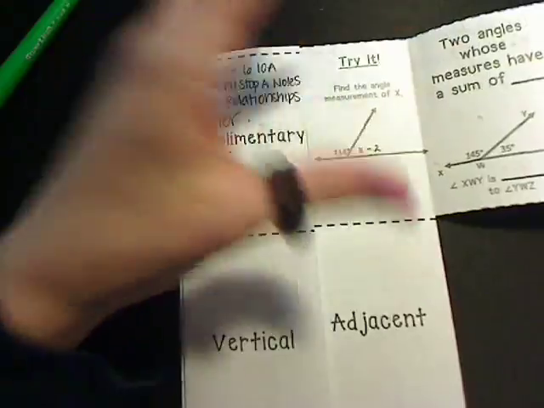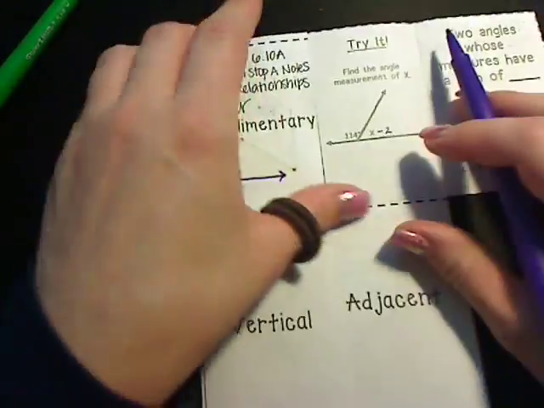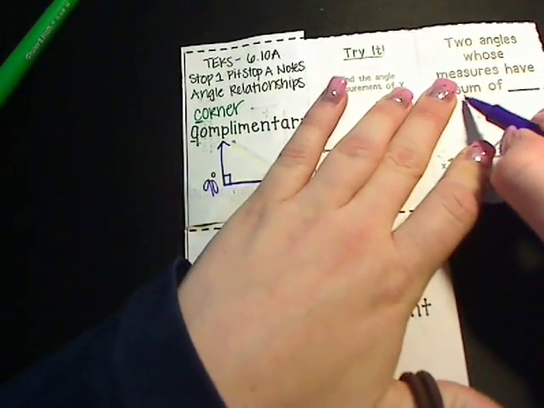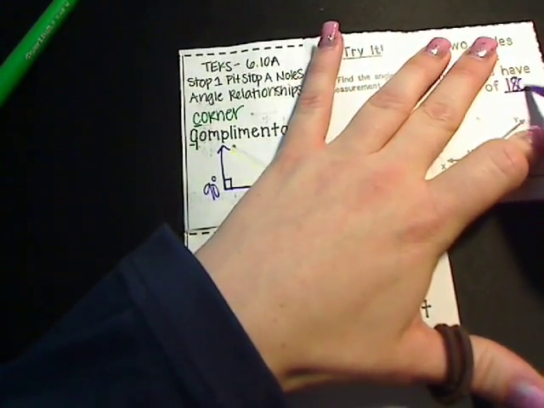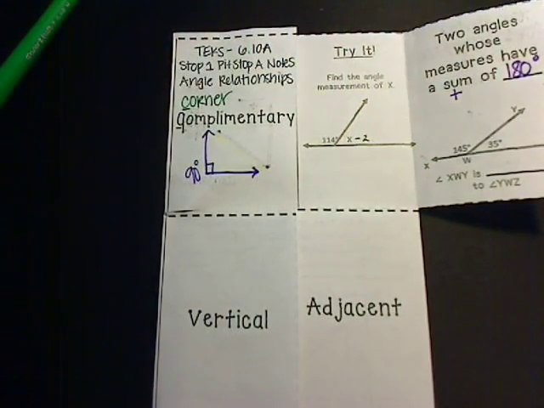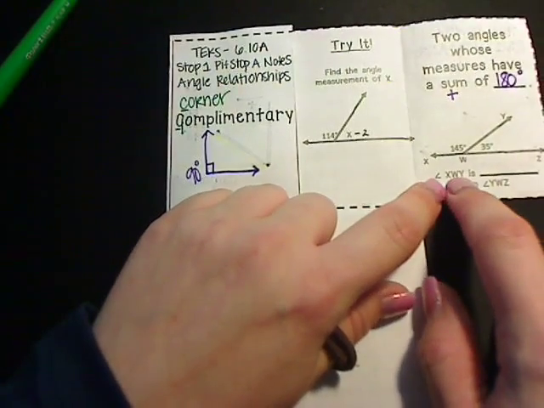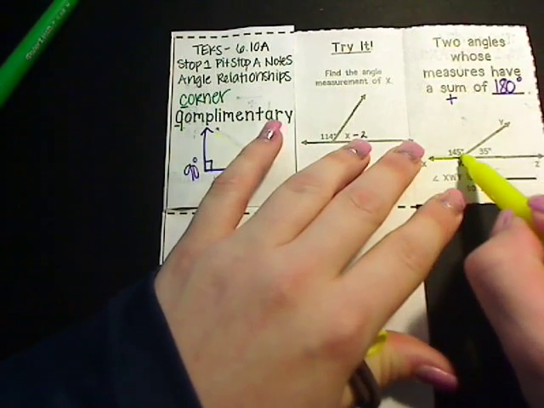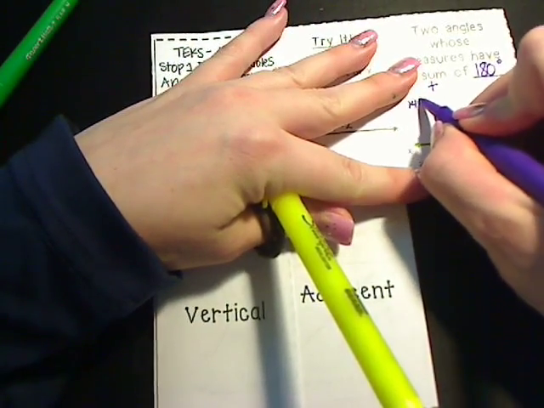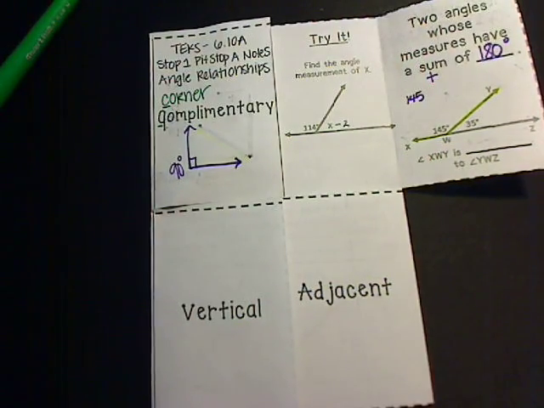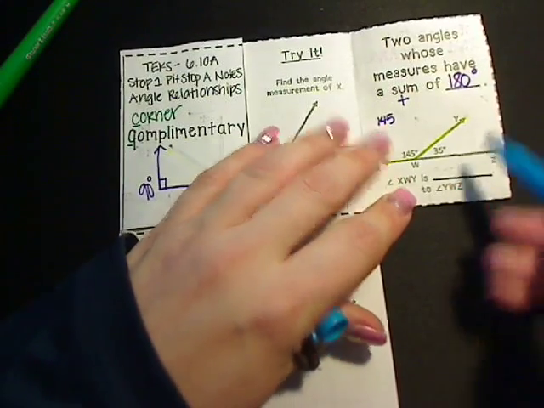So let's go through and try it. 2 angles whose measures have a sum of 180 degrees are supplementary angles. All right, supplementary angles. So this says angle XWY, which is 145 degrees, says right there. An angle YWZ,